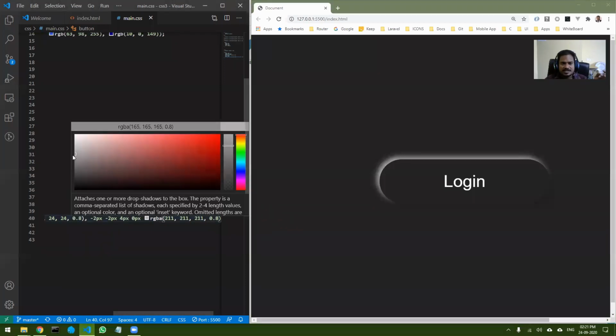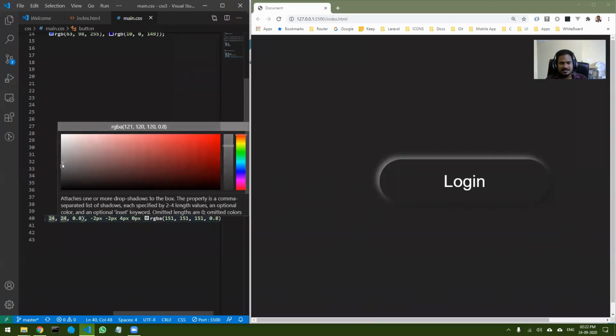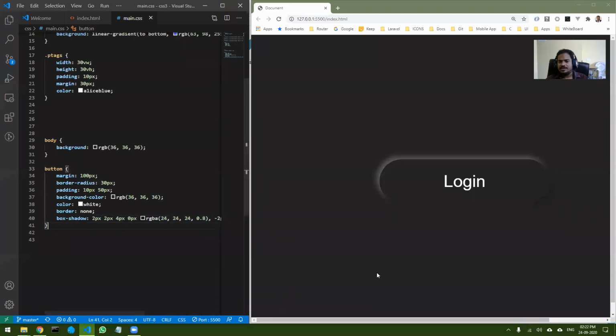Okay, so let me just make it a little darker. Okay, so this is how it looks now. Can you see the effect happening? It is as if it is coming out of a plain sheet. So this is the latest trend in web designing, that neomorphic effect. So you all can try this when you start designing. Okay, any doubts still here?